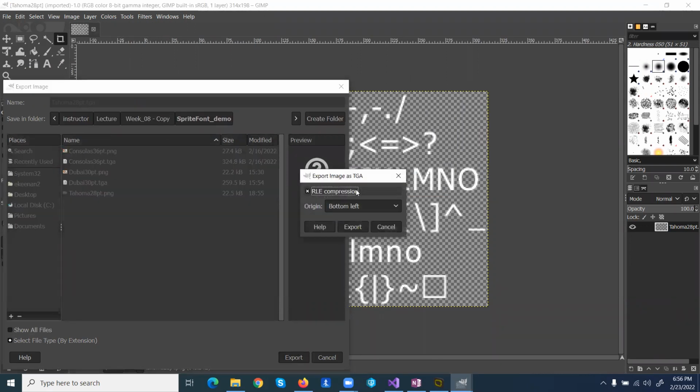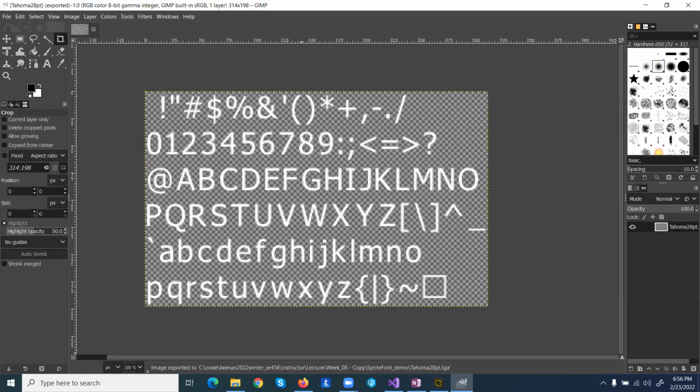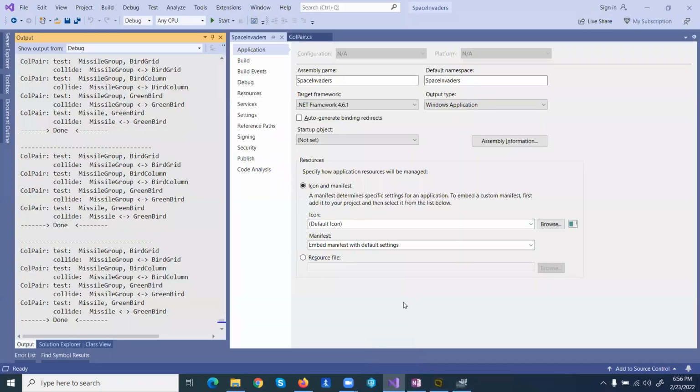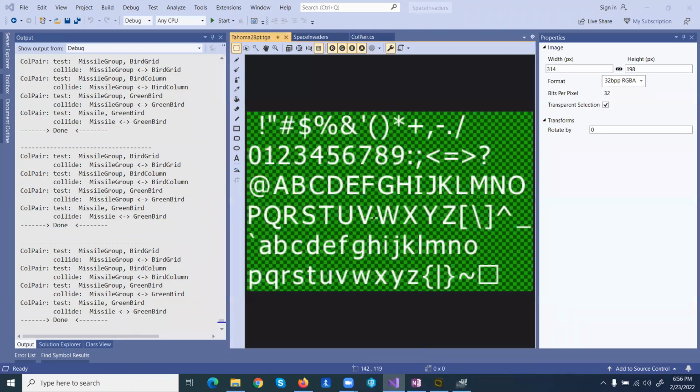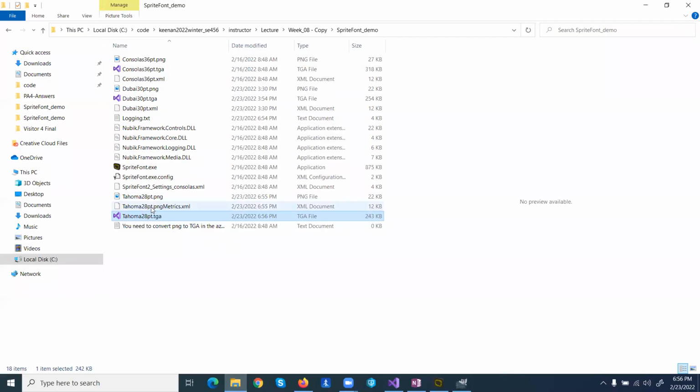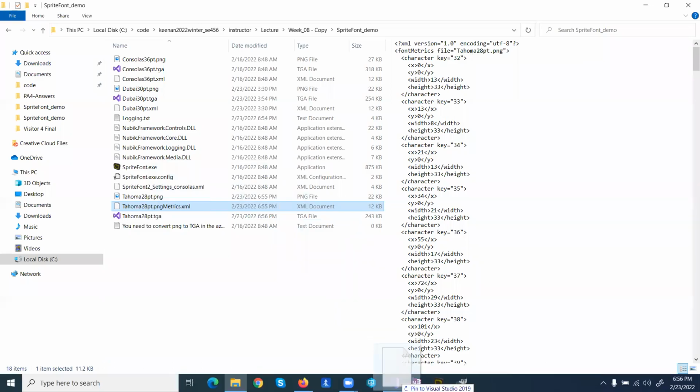And then it's going to yell at you and say, do you want to compress? No, I don't want to compress. And our origin is upper top left. Export. There you go. And now here it is, the TGA, and this is what you can use in the game. So there's the font, call this the font sheet. There's all the characters listed there. And when you cookie cutter one, that's called a glyph in Fontland. Then we have this thing called metrics. And what's nice about this metrics is